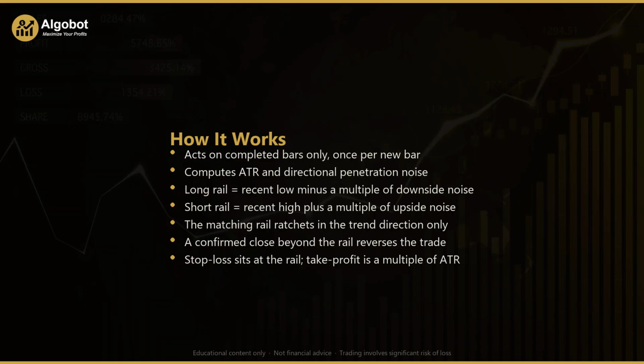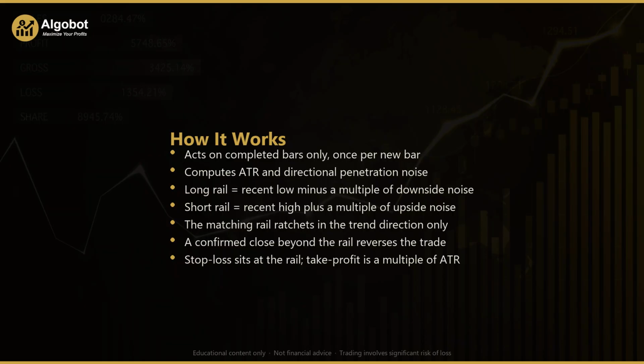When the strategy first starts, it has no regime, so it seeds direction from a short baseline. If the last close sits at or above the recent average close, it begins long. Otherwise, it begins short, and it opens a position immediately. Once a trend is set, the matching rail ratchets. In an uptrend, the long rail only moves higher. If the last close drops below that rail minus the buffer, the strategy signals a confirmed break. It closes the long, flips to short, and opens a sell. The mirror image applies in a downtrend, where a close above the short rail plus the buffer flips it back